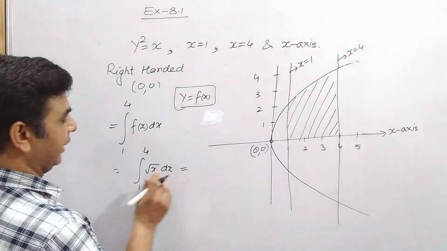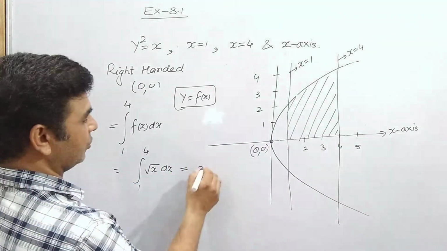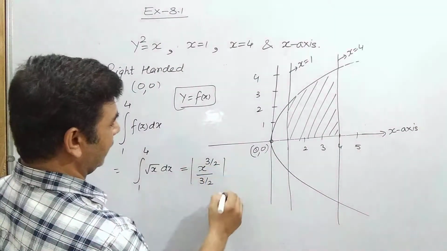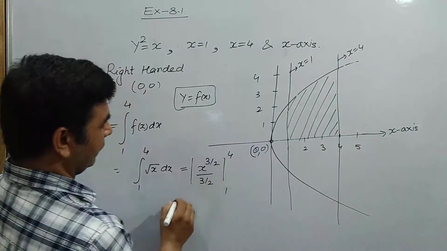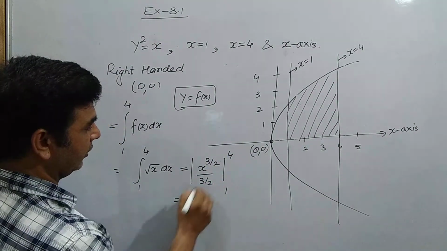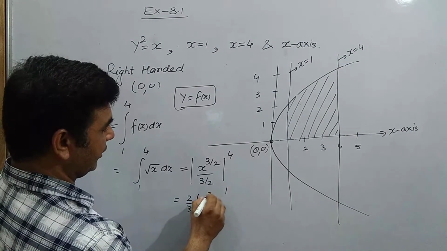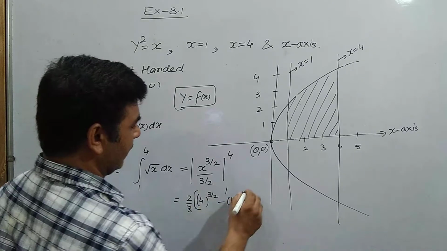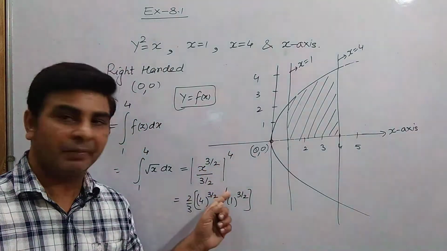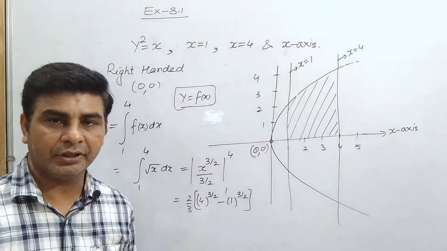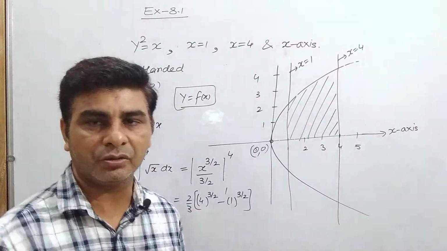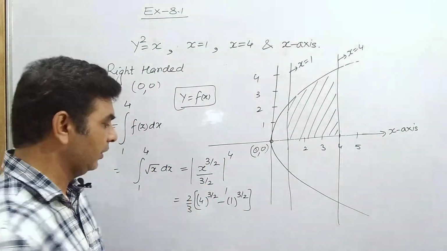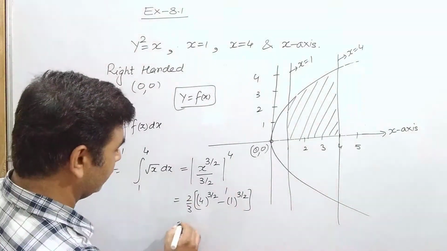Now do the integration of root x. This is given by x to the power 3 by 2 upon 3 by 2 going from limit 1 to 4. Or simply this is 2 by 3 into 4 to the power 3 by 2 minus 1 to the power 3 by 2, because we now have to use upper limit minus lower limit. I think I don't need to tell you about definite integrals. You have to use upper limit minus lower limit, and this will give you 2 by 3